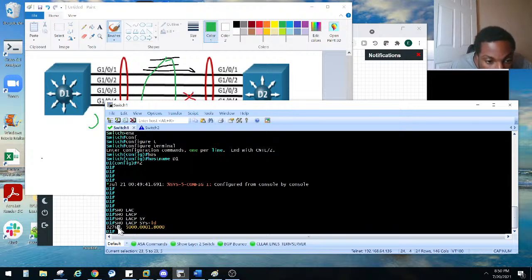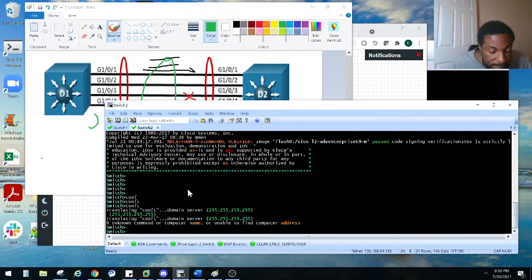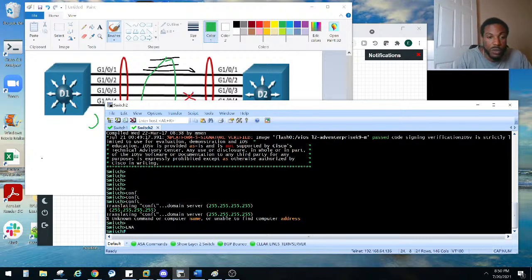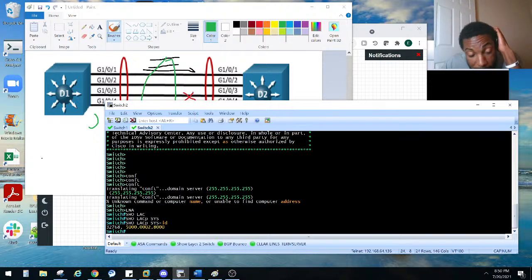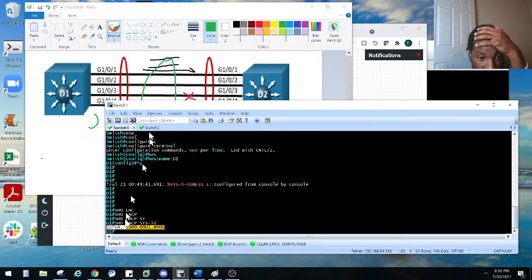This is what I was explaining at the beginning of the stream before we messed up the lab. That's the priority, and this is the MAC address. Together that creates the system ID. Same thing on this guy. Enable. We'll do a show lacp sys-id, and I'm gonna put both of them active. His MAC address is 5000.02. Because the priority is the same, it's a tie so far. He's 5001. So theoretically, this guy should be the master,